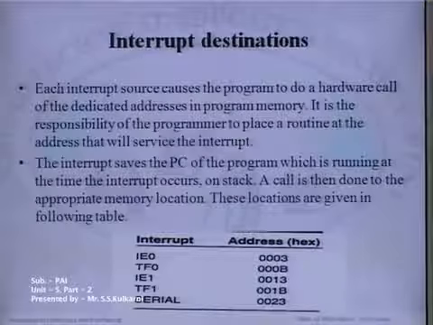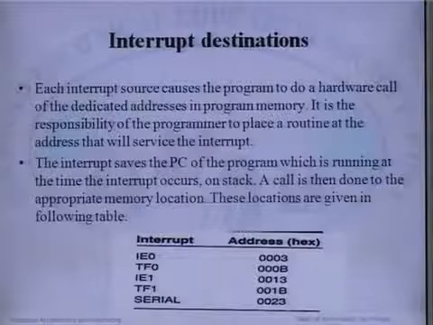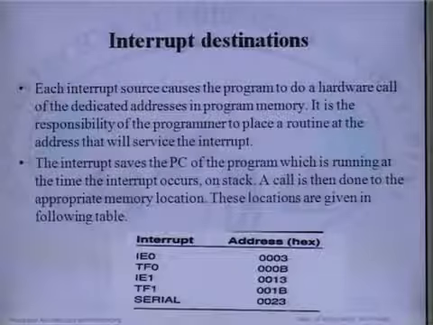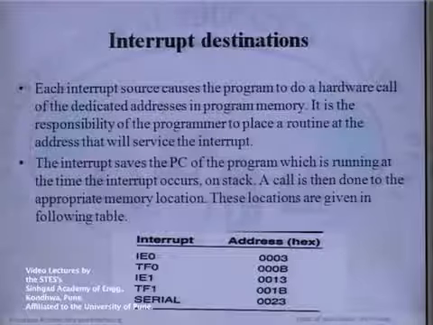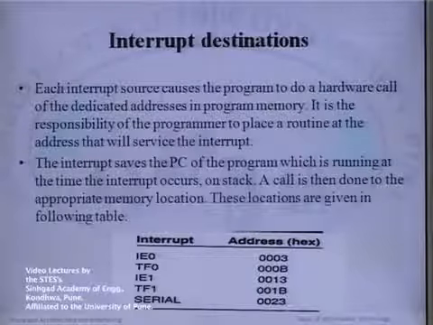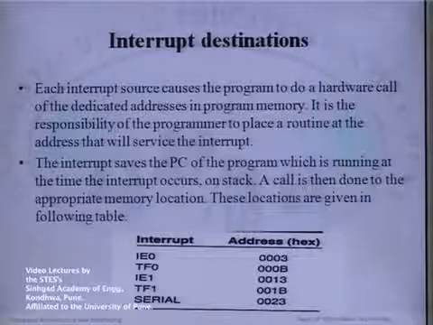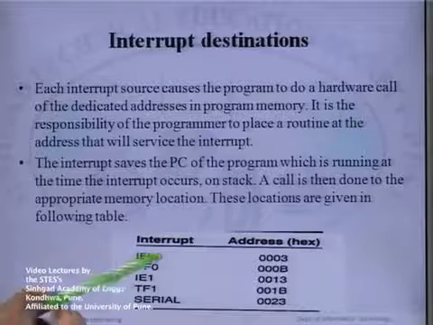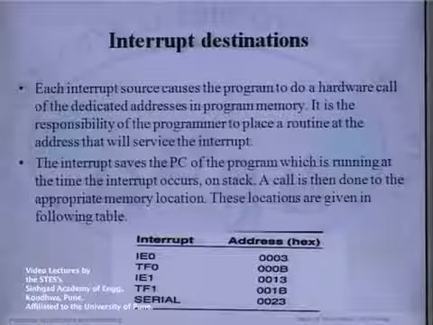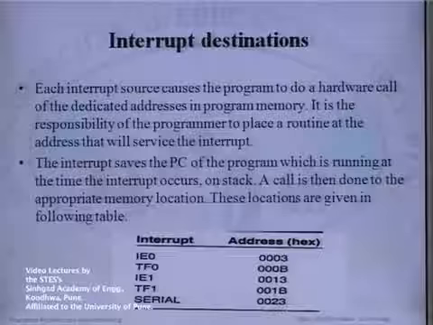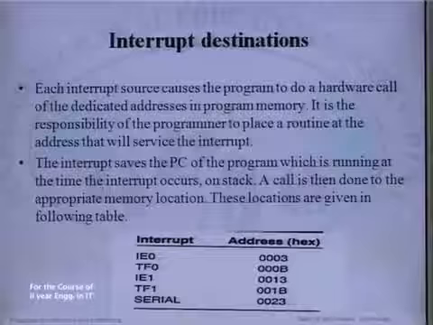The interrupt saves the program counter of the program which is running at the time the interrupt occurs on the stack. A call is then done to the appropriate memory location. These locations are given in the following table. The interrupt I0 has the default location 0003H. TF0 has the address 000BH. I1 0013H, TF1 001BH,